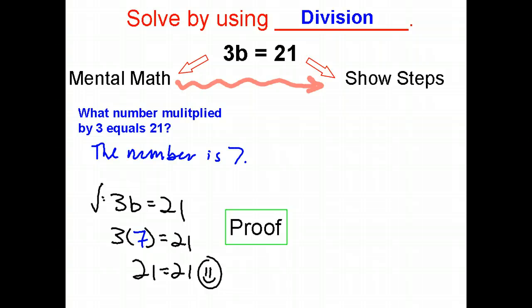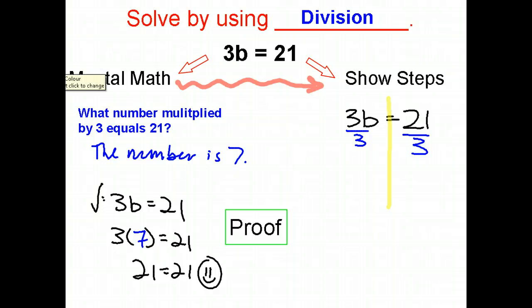Because down the road in the next section, it's going to be important that we can do multiple steps all at one time. All right, so we start out here, we recopy down the equation exactly like it is. 3b equals 21. We're going to go ahead and divide both sides by 3. And when I say both sides, remember that just in my head or even on paper, I'm reminding myself that I'm dividing both sides, so I write down the equal sign to separate the two sides of my equation. And I would get b equals